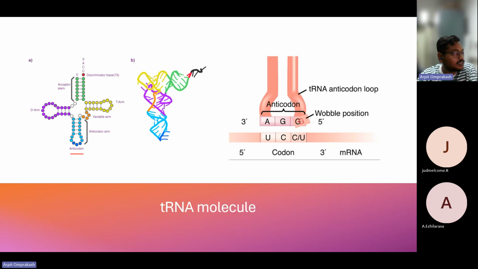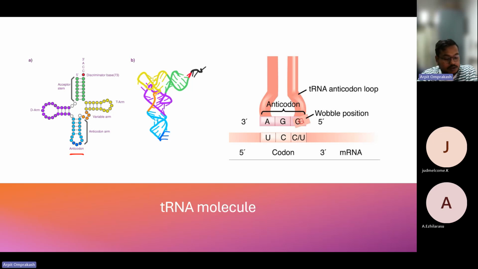So anticodon is basically what binds to the mRNA. So mRNA has UCC, let's say. This will bind to AGG. Right. And in tRNA, what we have is something called